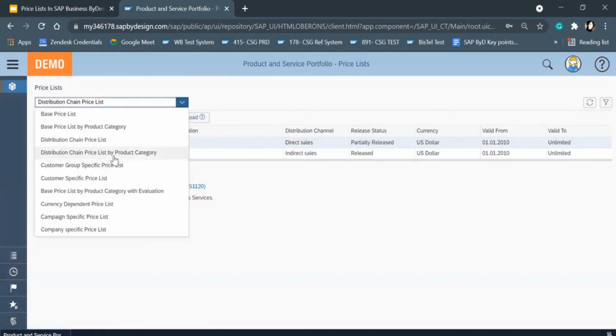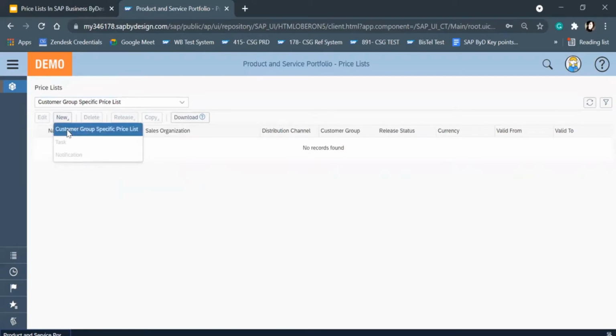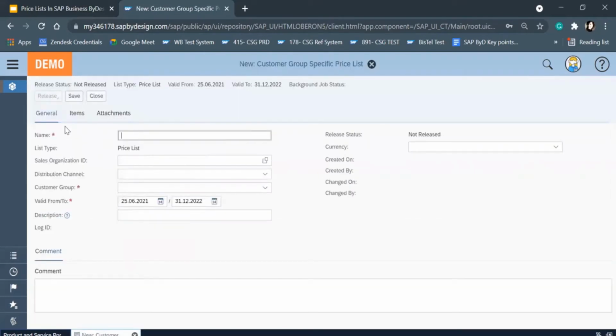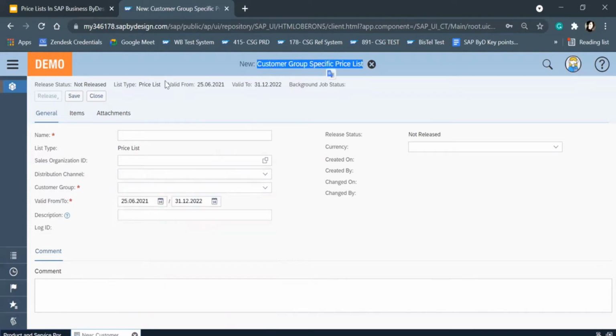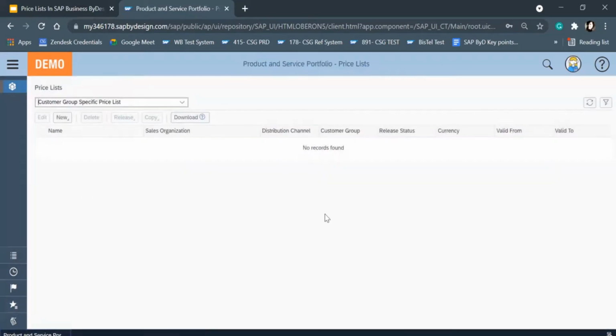Then we have the same distribution chain price list by product category, based on the product category of the product. Then we have the customer group specific price list, where in the customer master data we have the customer group defined. These kinds of groups we can define, and according to that, here we can set up the price list according to the customer group. So these all depend on the requirements of the customer, what kind of price list they use for their company, for the products.